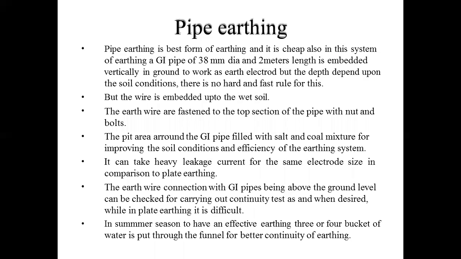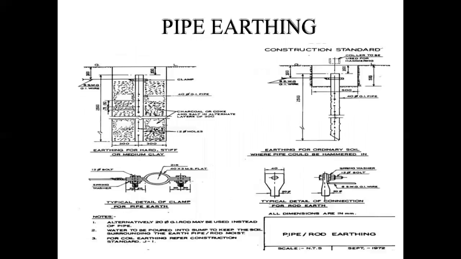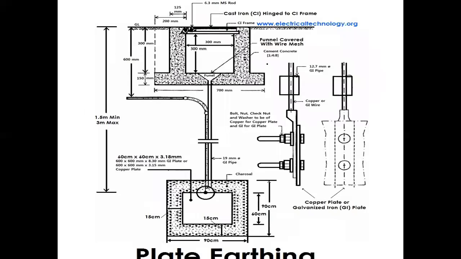And the last one: in the summer season, to have effective earthing, 3 or 4 buckets of water are put through the funnel for better continuity of earthing. So here you can do the maintenance, that is, every 6 months. We can pour charcoal and salt water so that it can increase the earthing efficiency. If you keep the earthing efficiency higher, then obviously the earthing resistance will be kept minimum, so that under the fault conditions all the leakage current will flow to the